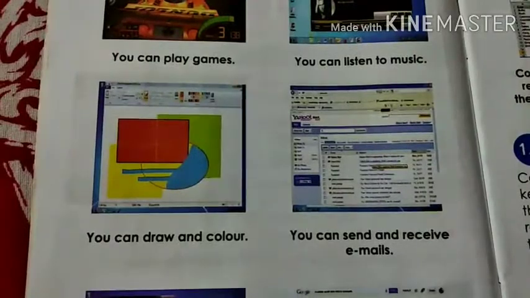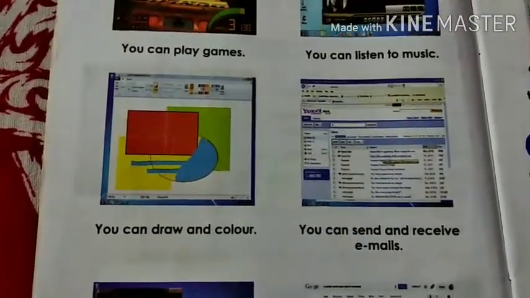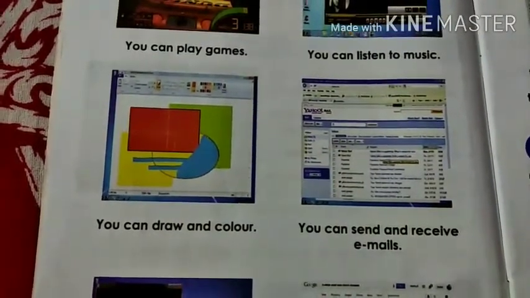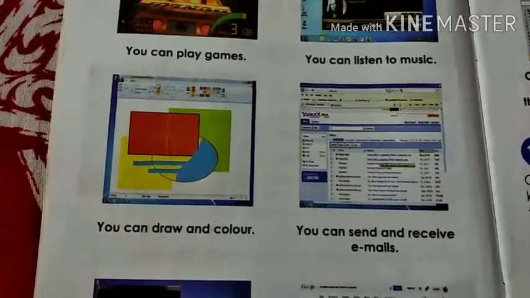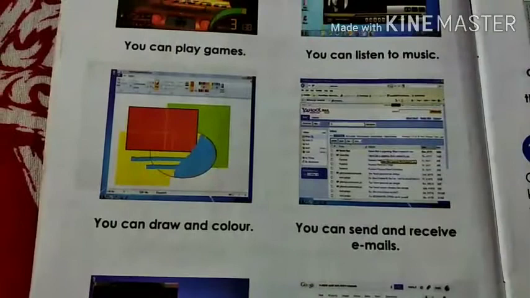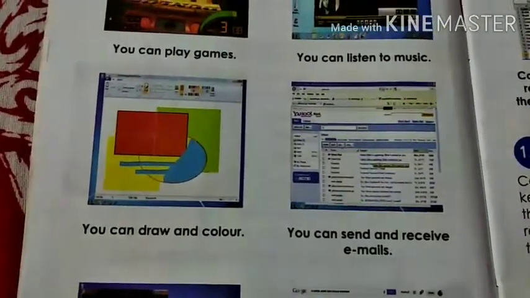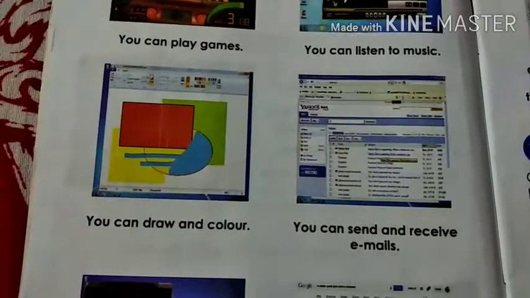With the help of computer, you can do drawings with the MS Paint application. Next, you can send and receive emails with the help of computer, as we learned about writing letters.